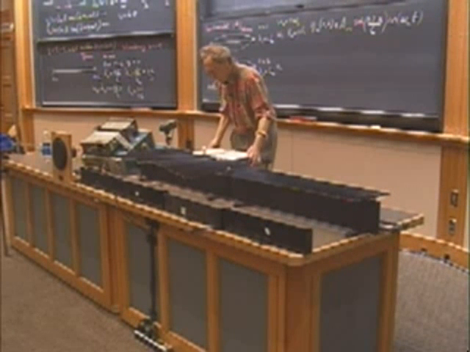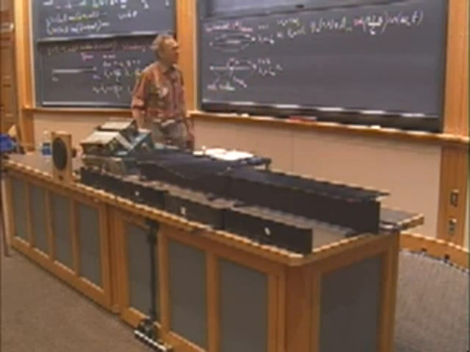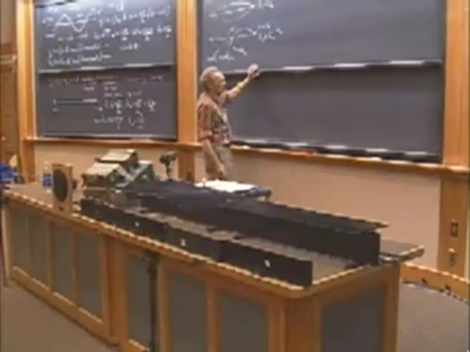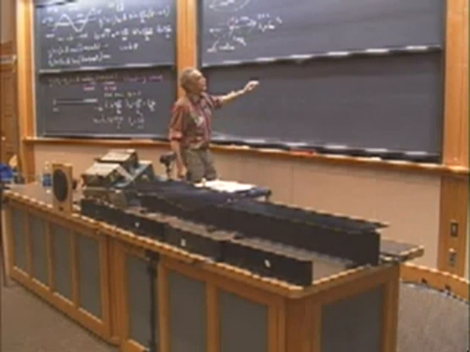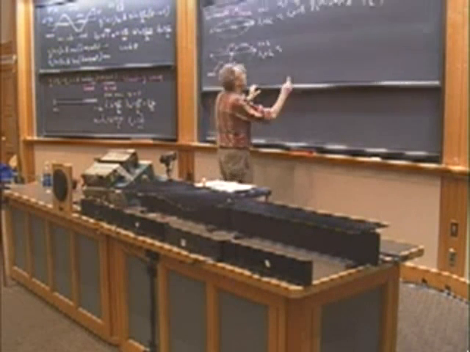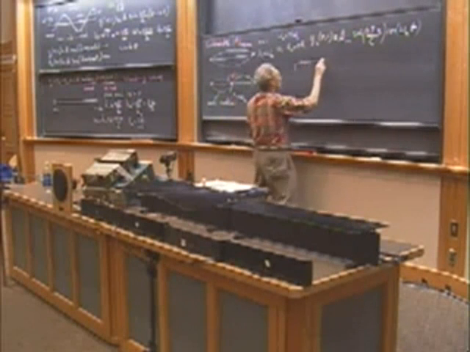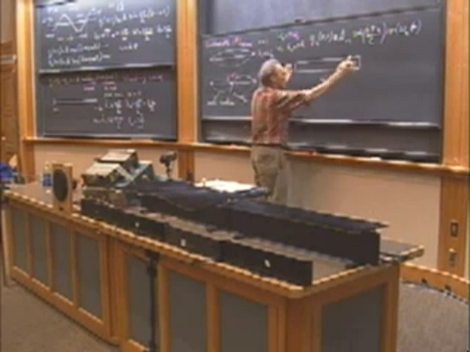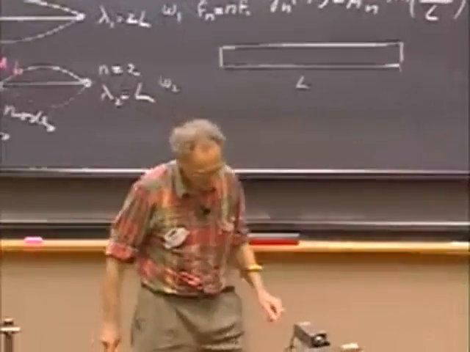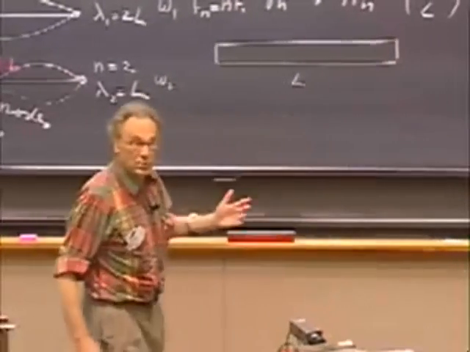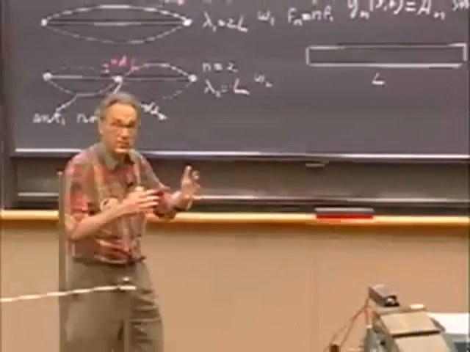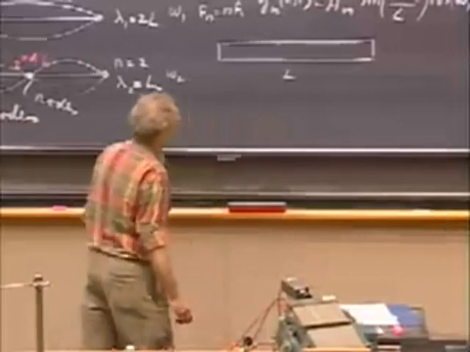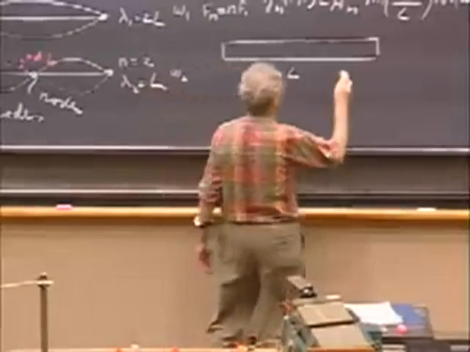I can now do the same thing for sound. These were transverse waves, but there is nothing wrong with doing the same thing for sound, in which case you would have a tube which has a certain length L. Say it's closed on both sides for now. And I can now generate in there pressure waves, make the air column oscillate, and the air particles in the